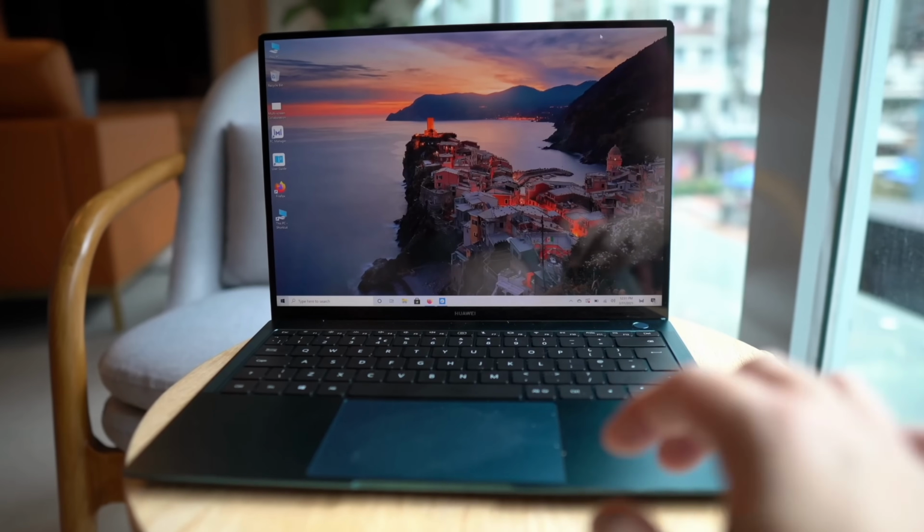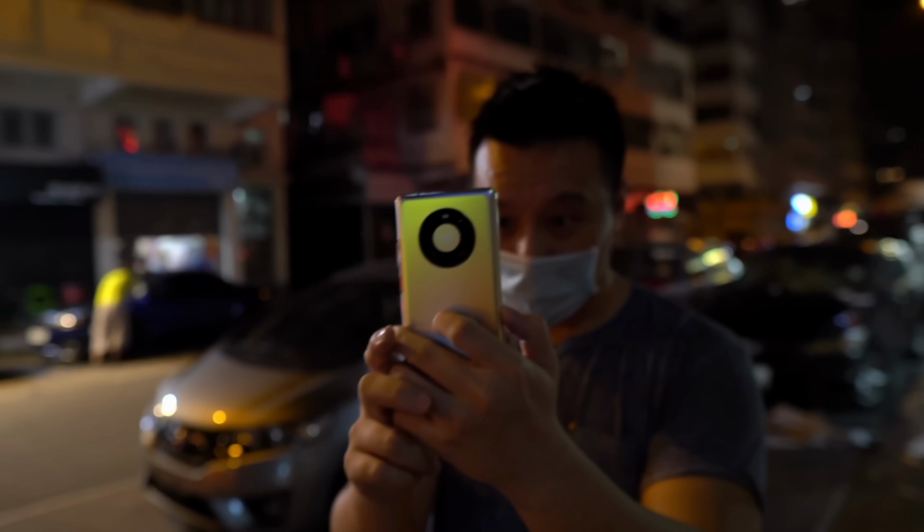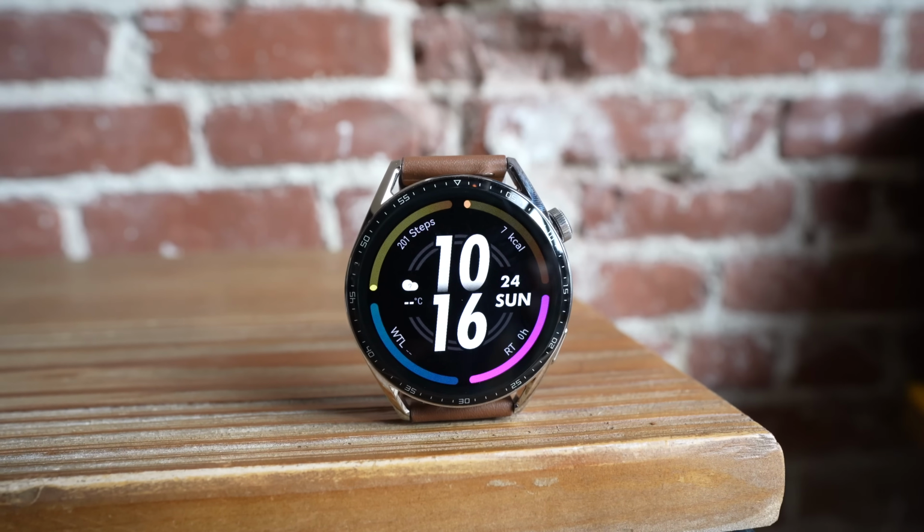In my opinion, Huawei makes some of the absolute best hardware in that specific product category, whether it's a laptop or a smartwatch or a smartphone. It's the best looking, most well-built, most premium looking product in that category. It is in software where I usually have some gripes and nitpicks, and that is the case again for this